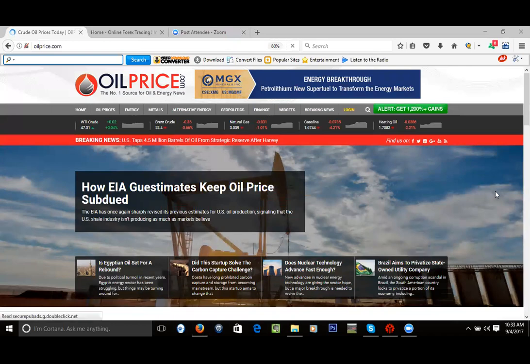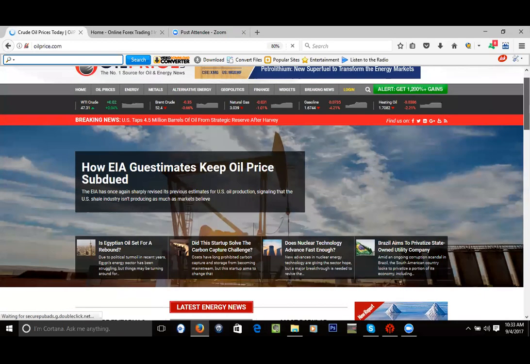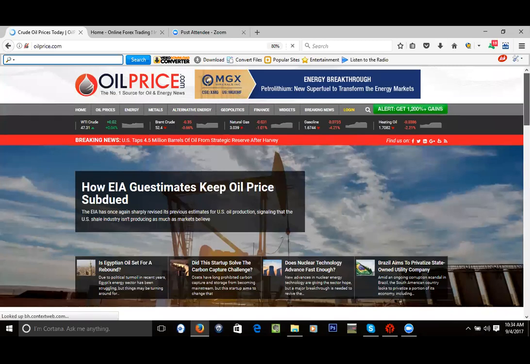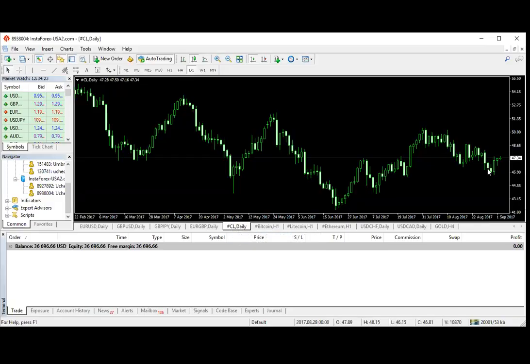I hope you can see the website I'm sharing with you. Yes, oilprice.com. This is where I usually get information about oil. Now, this is the current price of crude oil, $47.31 per barrel. When you check on the forex platform, you also discover that the oil price is the same. Look at the price on the forex platform. It is still $47.34 per barrel. Currently, because of the hurricane